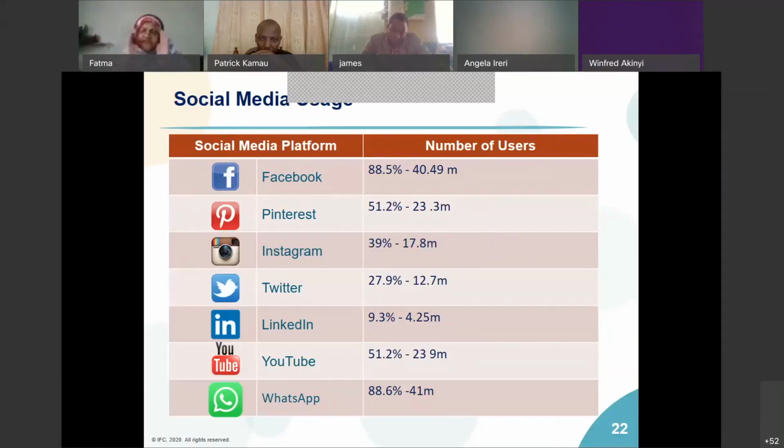Why? Because LinkedIn is very, very focused. YouTube is 51%. Now, which one do we use the highest? What we use the highest is actually WhatsApp, because WhatsApp is 88.6, while Facebook is 88.5. The purpose of this exercise is basically for you to look at where are your customers. Where do your customers' eyes go, and that is where you also